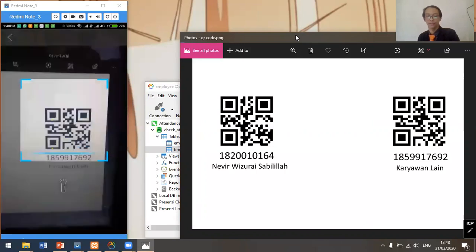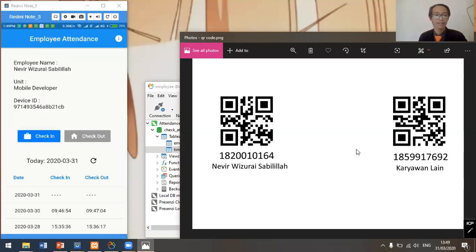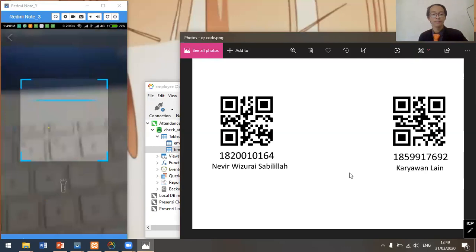What will happen? An alert will be shown which says this device ID has a different code, meaning that I cannot scan this code using my device. But if I scan my code using my device here,